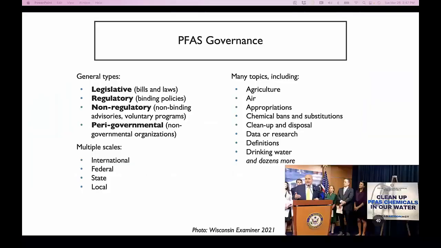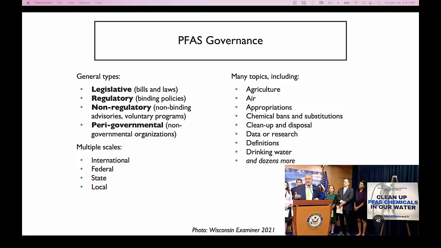We think about PFAS governance as including many different types of activities coming from the government. We talk about legislation in terms of bills and laws, regulatory activity. These are things promulgated by regulatory agencies in individual states or at the federal level. Those agencies can also produce non-regulatory initiatives. These might be voluntary programs or things like the drinking water advisory levels that don't have regulatory teeth, but still